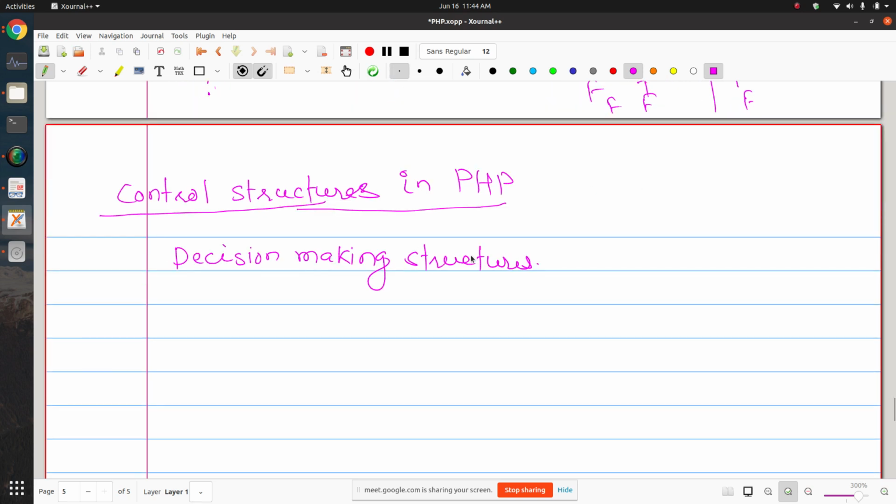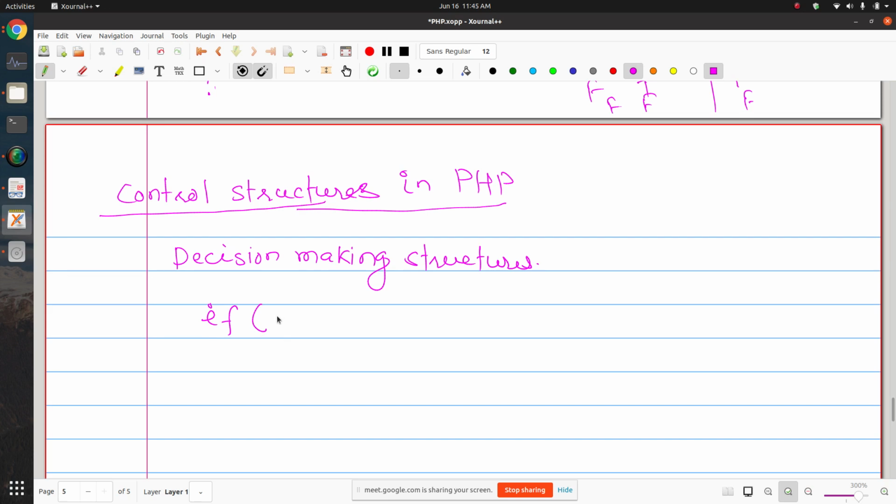So in case of PHP, like other similar languages, you also have decision making structures. So first is if, okay, and let me write down the syntax of the if structure. You need to use the keyword if, and then here you need to provide a decision variable.